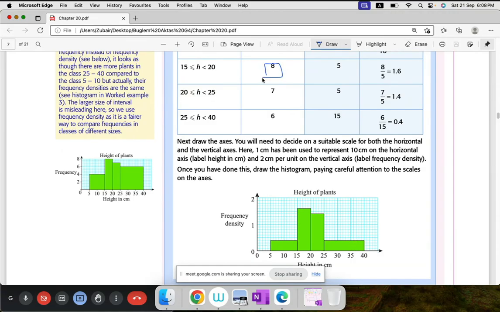There were 8 plants who had their heights between 15 and 20. There were 6 plants who had their height between 25 and 40. Okay. And then the class width is just